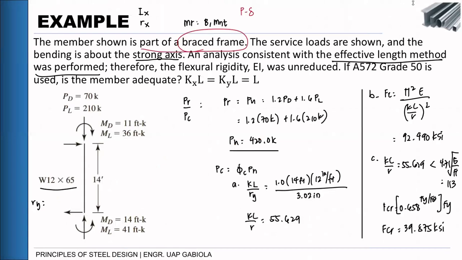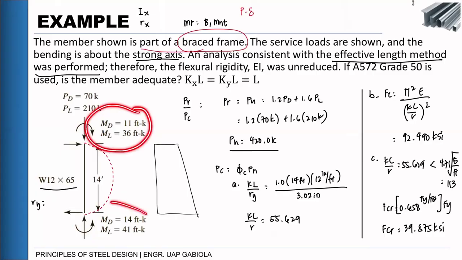Okay? May applied moment siya at ends. Meron siya dito clockwise tsaka counterclockwise. So since magkaiba silang direction, we can assume na we have a single curvature. Okay? Kung single yung curvature natin, we also know na yung kanyang moment diagram is hindi uniform, kasi magkaiba ng value. So, possible ito yung itsura ng moment diagram natin. So, meron siyang sariling value dito, meron siyang sariling value. So, kunin lang natin yung kanyang value